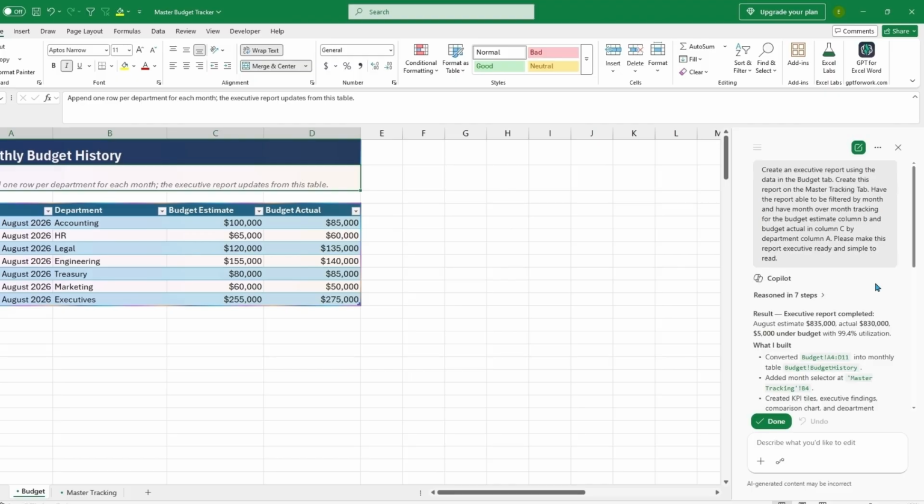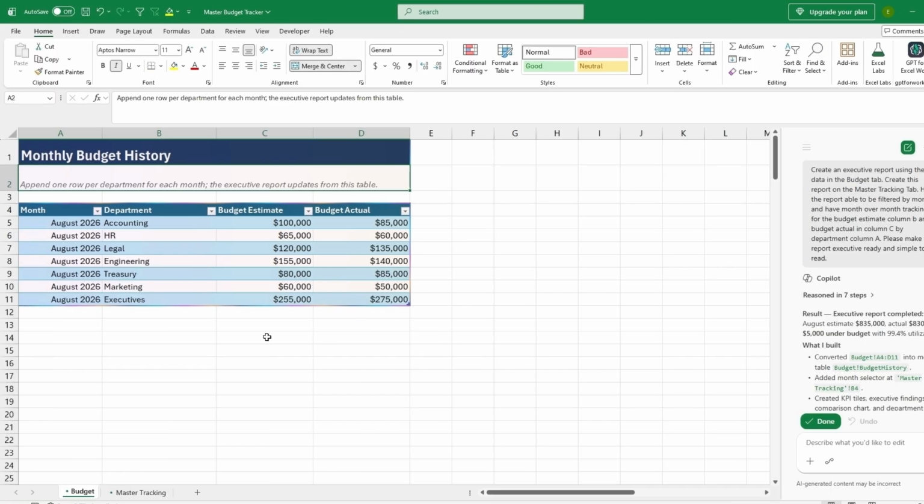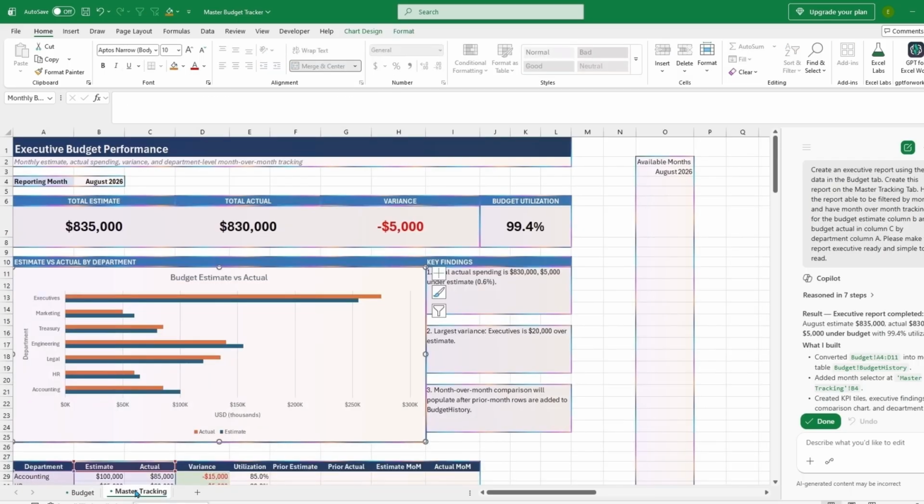The prompt is done running and it took about 3 minutes and 30 seconds. It did just create a table from the data we had in here. So we could easily add the next month, which would be September, to the bottom of this table to generate some of the reporting. We'll go into the master tracking tab and see that it created a reporting month